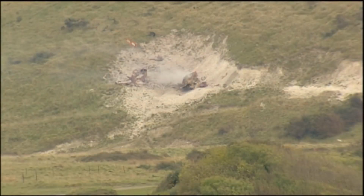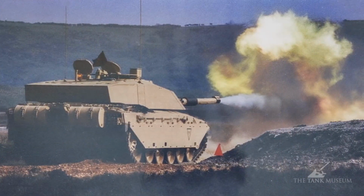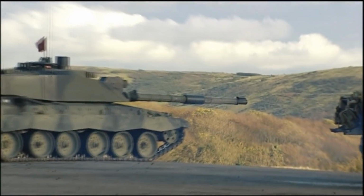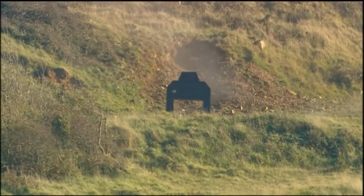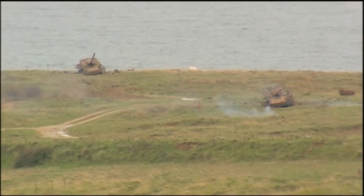The gun is rifled and capable of firing high explosive squash head rounds, HESH, and armor piercing fin stabilized discarding sabot rounds, APFSDS. More about the different types of tank projectile in maybe another video. The Challenger 2's main gun claims the longest distance tank kill in history when a Challenger 1 tank defeated an Iraqi tank in the First Gulf War from over 4 kilometers away, just about the distance from Snaresbrook Station to